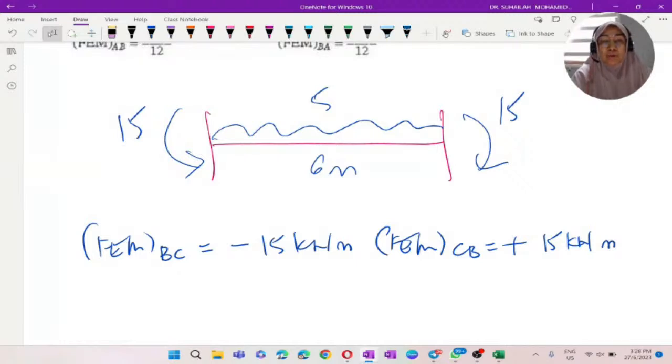We do not distribute the fixed end moment directly, because fixed end moment is member end moment, and we distribute joint moment, not member end moment. Okay, so due to that, we will continue under step 2B to calculate end moment,